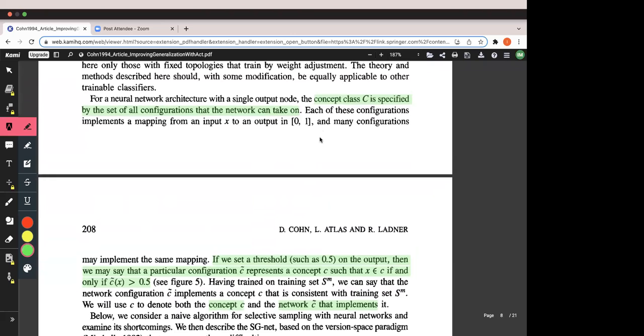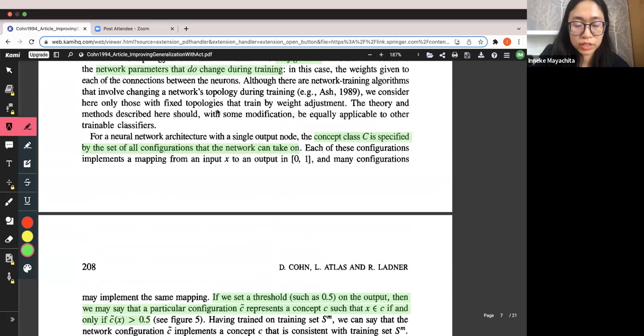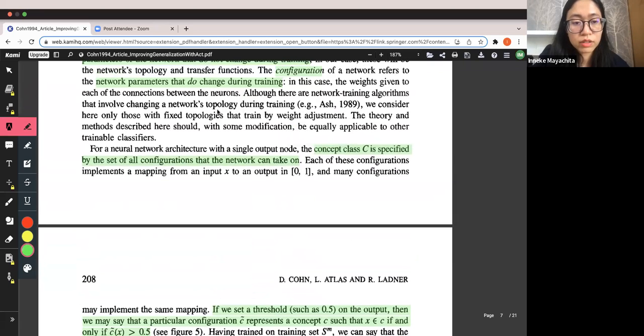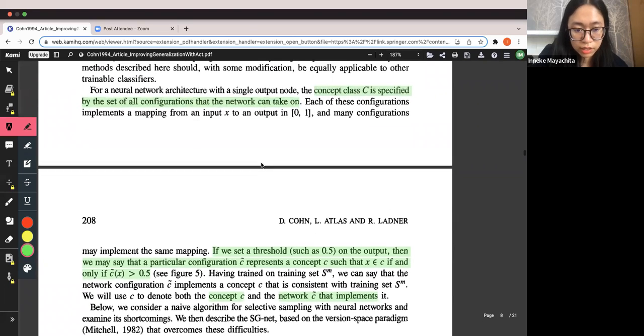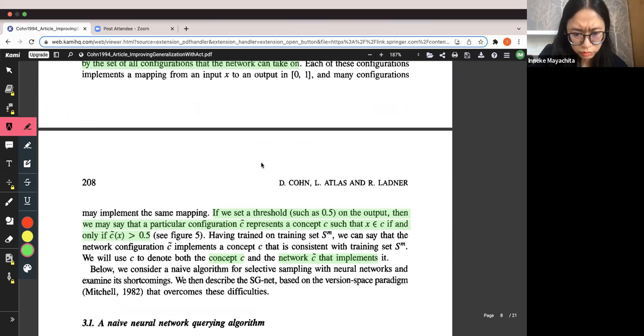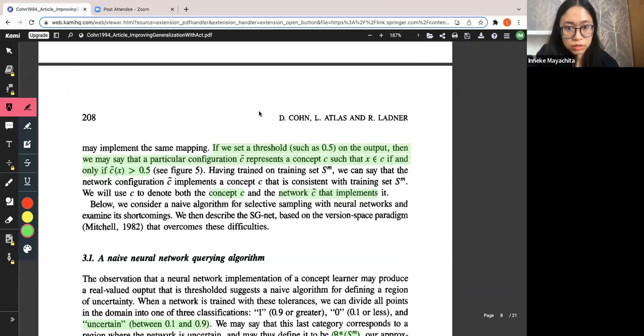Yep, so the concept class C is basically all the configurations, or in other words, the network parameters that the network can take on. So yeah, imagine, as I mentioned, one concept is actually